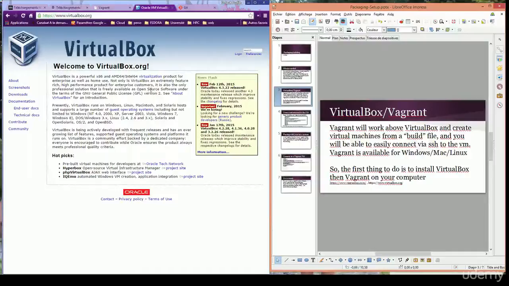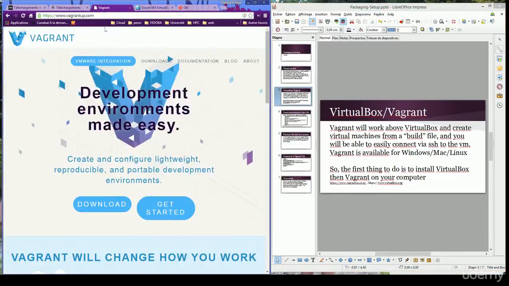However, for easier setup, we'll also require Vagrant. With Vagrant, we'll automate the setting and the creation of the images, and it will be easier to connect on those images. So once you have installed VirtualBox, you should get Vagrant. Vagrant is also available on all Windows, Mac, and Linux operating systems, so it's very easy to install. Vagrant will also need some SSH client. If you have a Linux machine, that's fine, it's already available. However, if you're on a Windows server,